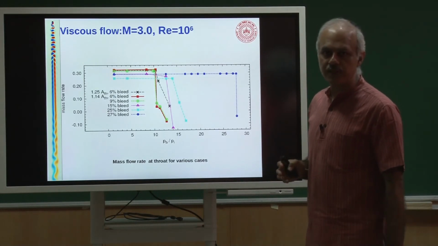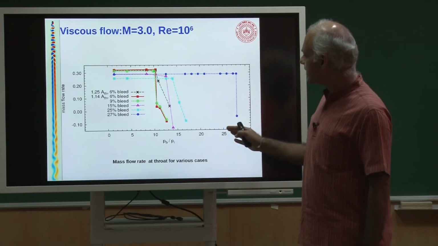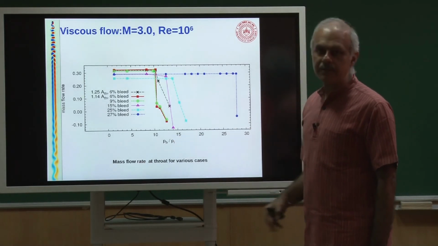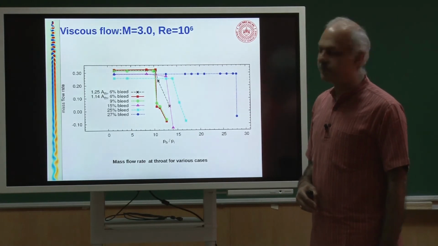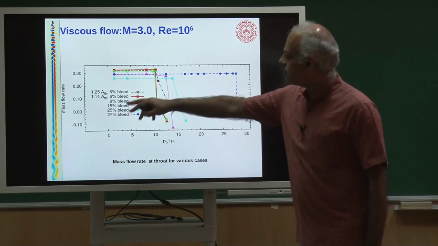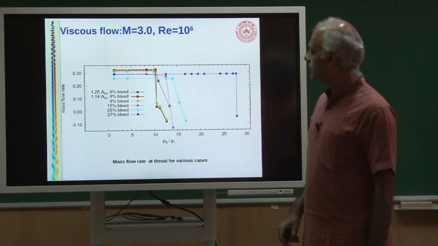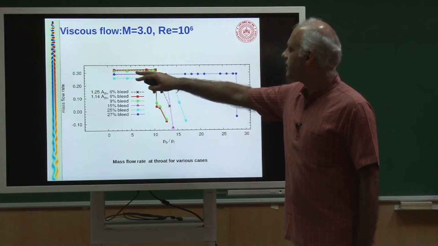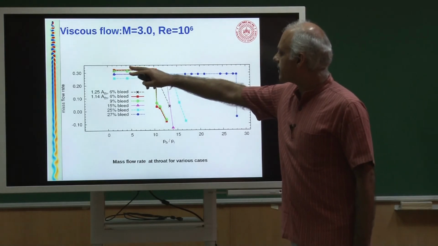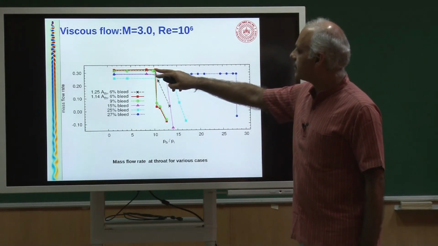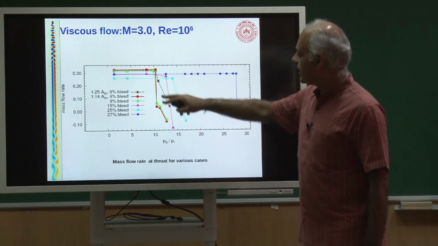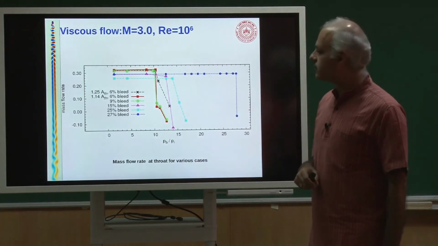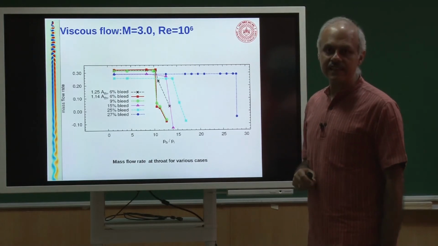So, that was a supersonic outflow. Now, we start increasing the back pressure. The x axis is the ratio of the back pressure to the inlet pressure or the atmospheric pressure, and the y axis is the mass flow rate. So, for a typical case, let us say the red line, you would see that up to a certain back pressure you get a reasonable mass flow rate, and then as the back pressure increases, there is a deterioration of the mass flow rate and possibly the engine can unstart.